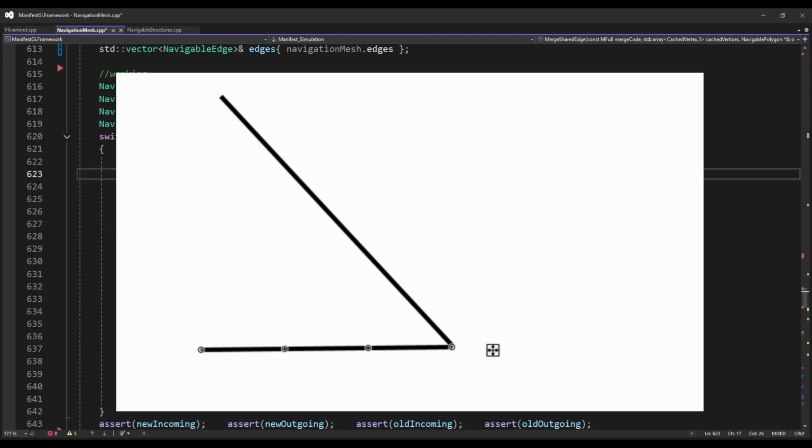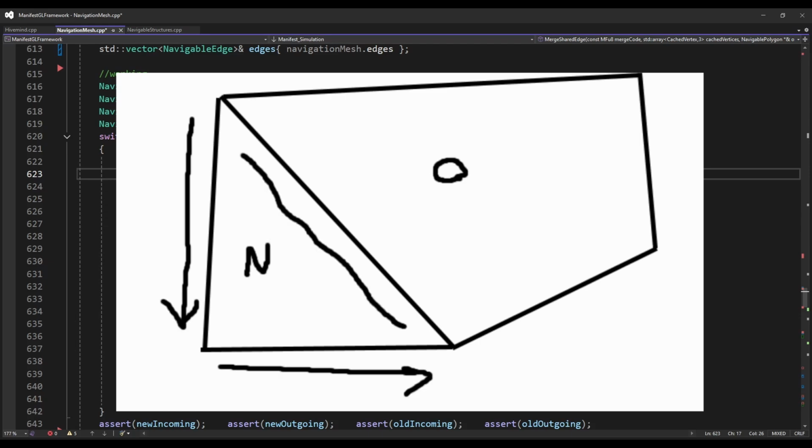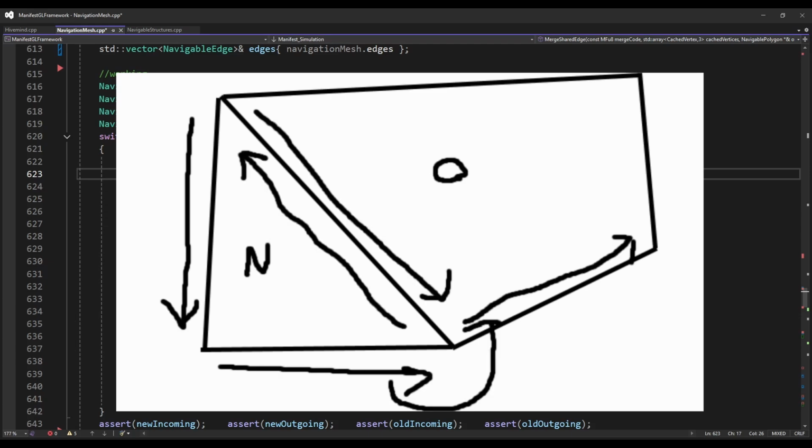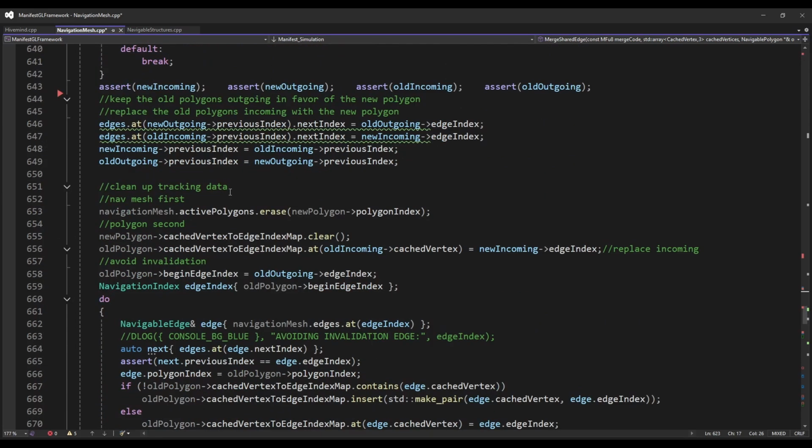The shared edge can essentially be thought of as a clipping plane where the winding order gets reversed. And to fix this, we point the expanding vertex of the new triangle to the existing polygon's outgoing edge. Then we replace the existing polygon's edge, which shares the triangle's vertex that goes towards the expanding vertex. Then finally, we clean up the removed edges in the new polygon, and at the end here we update the new